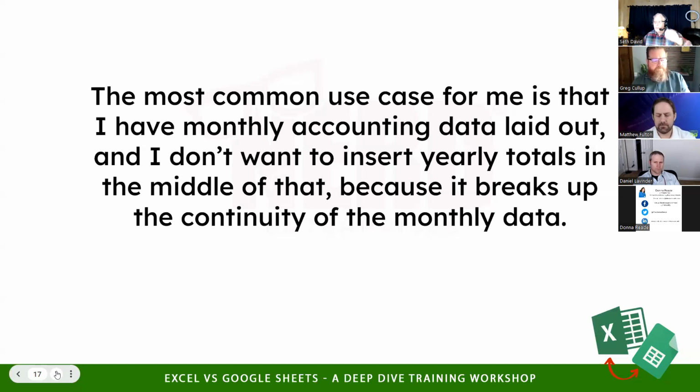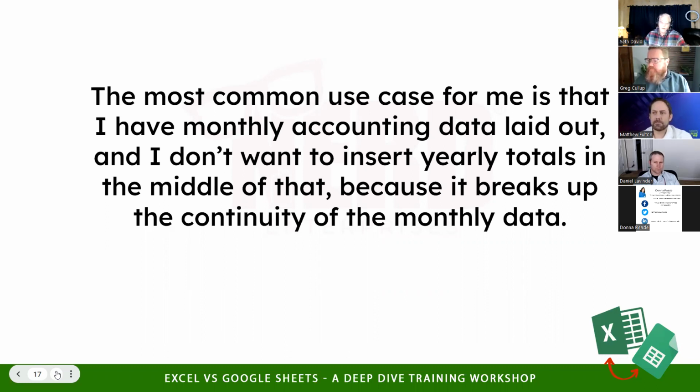The SUMIFS formula makes this very, very easy to do, where I can have just a column for each year and have it look into the source data and say, look across in the source data, and wherever you see that it's the year 2022 and the account is office supplies, add up every number that's in the office supplies row, where the data is also in that same year. And I use this on every client's forecast that I do. And it makes it really easy so that even as I make updates to the P&L, if I add a new account in there or whatever, all I have to do is copy and paste the formula down in the annual summary and boom, it's done.